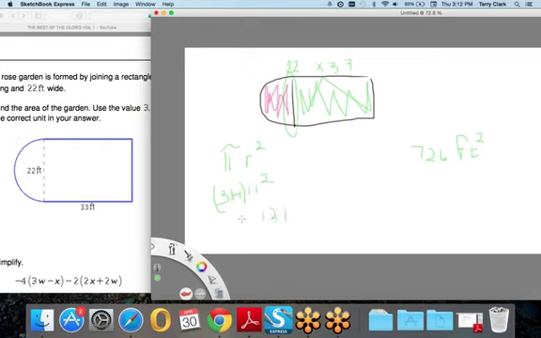And then we're going to multiply that times 3.14. So here we go. 3.14 times 121. That's going to be equal to